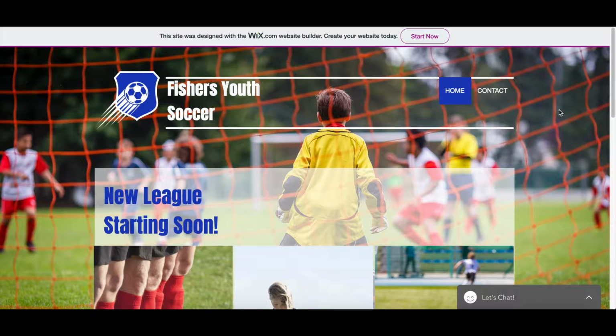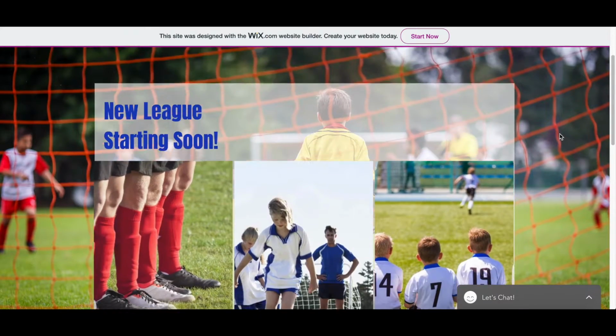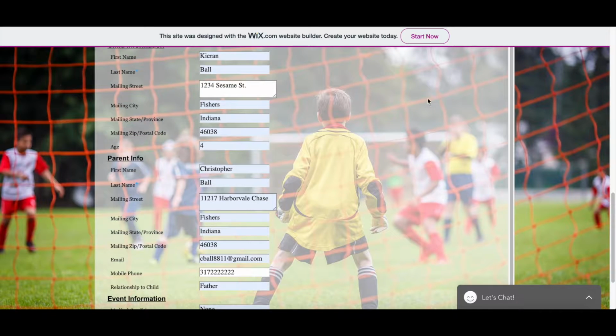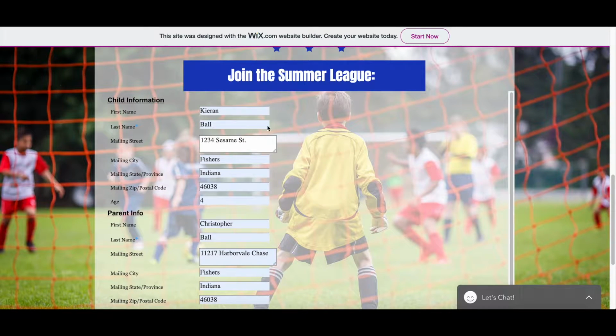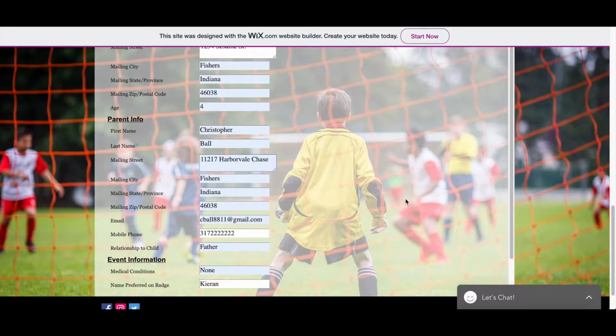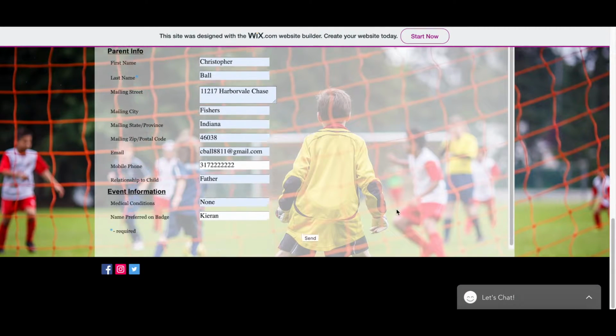So here we have a website that I just quickly created as a landing page, Fishers Youth Soccer, just to show what an embedded form is and what it looks like. So we have all the information on this form, the child information, we have all the parent info, the extra information that we've decided to put on our form. And when we click on send,